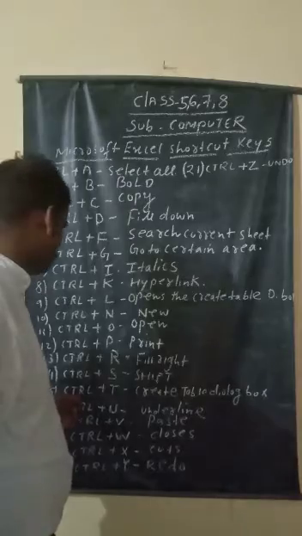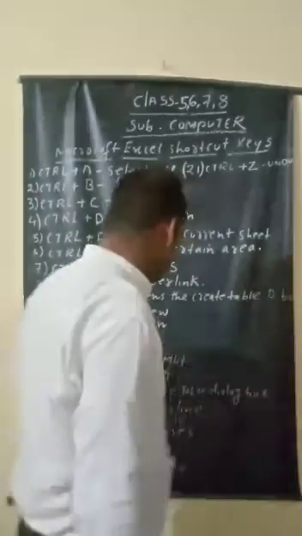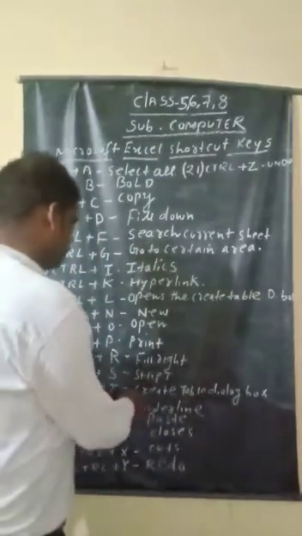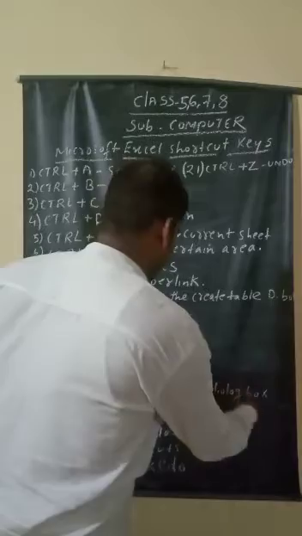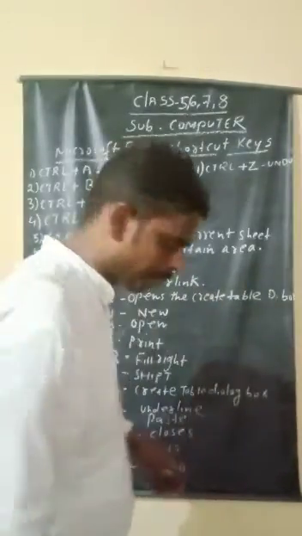And Control plus T creates a dialog box. Suppose you have any dialog box in tables. This Control plus T helps us go to any dialog box where you write anything. It helps in the dialog box manner.